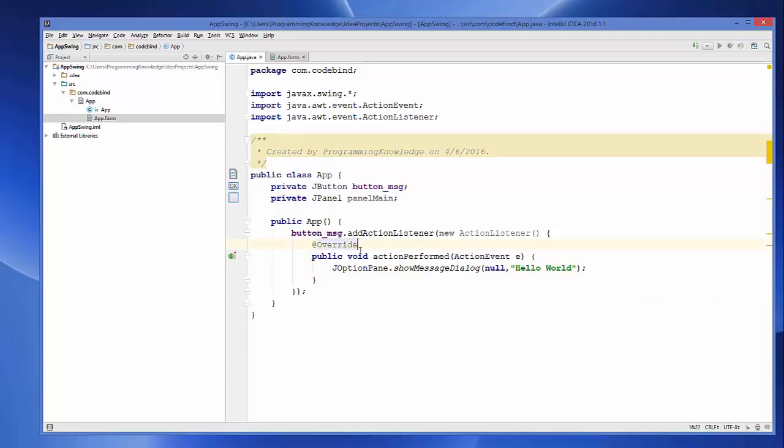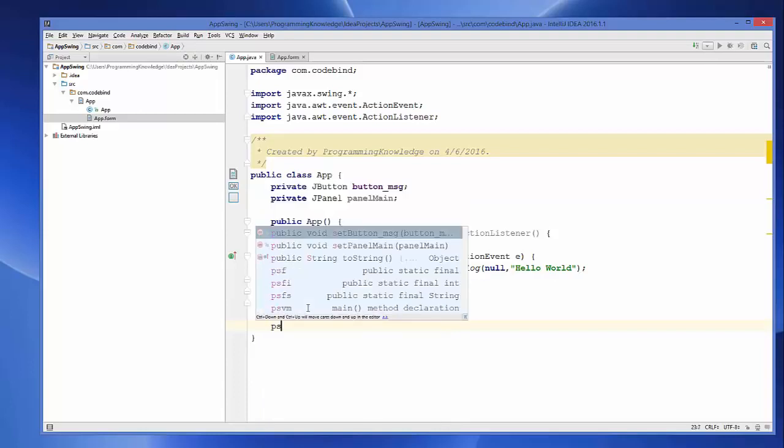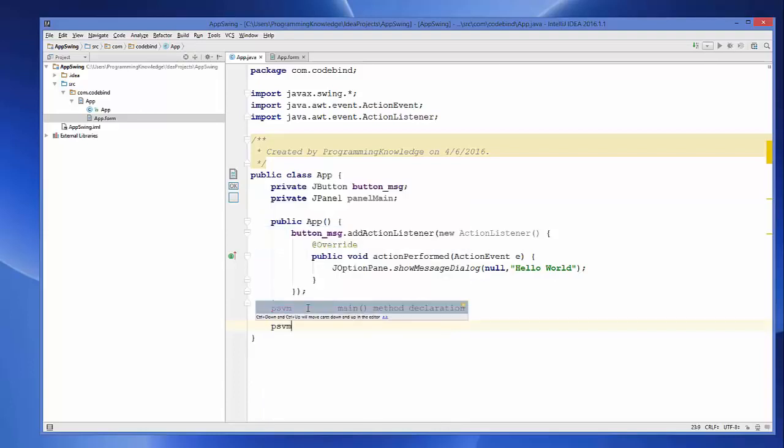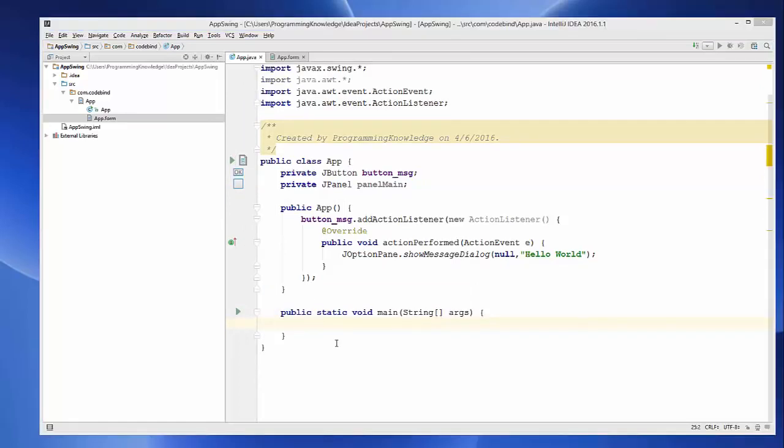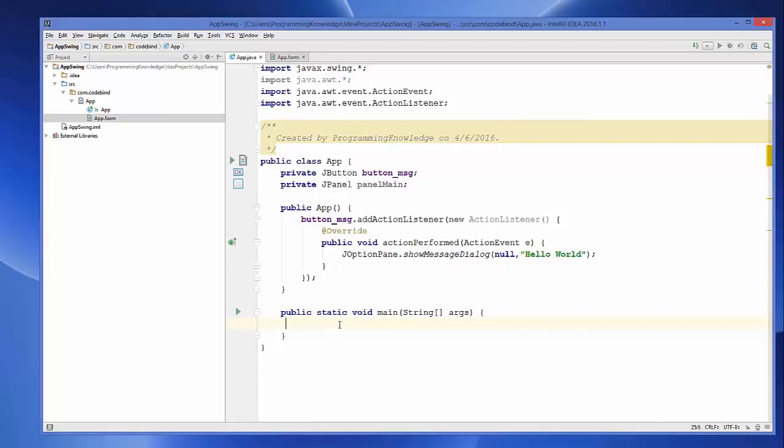Now at this point your code will not run because you don't have any main method in your class. So let's create a main method. Just go below this and write public static void main, or you can just write PSVM for public static void main, and then press tab here, which is going to create this method for you. Inside your main method, what we are going to do is create a JFrame. So just write JFrame